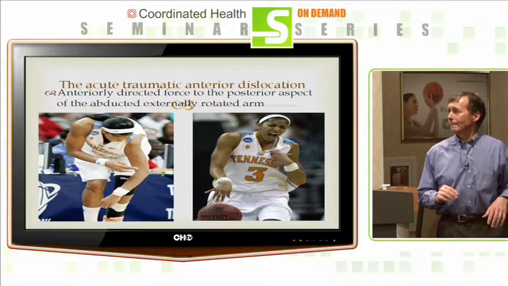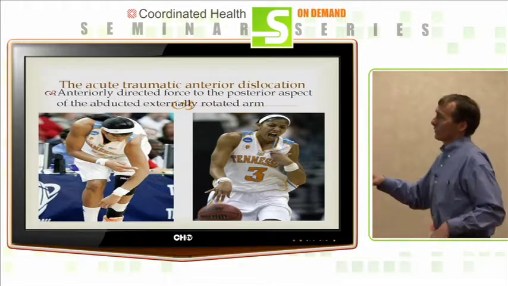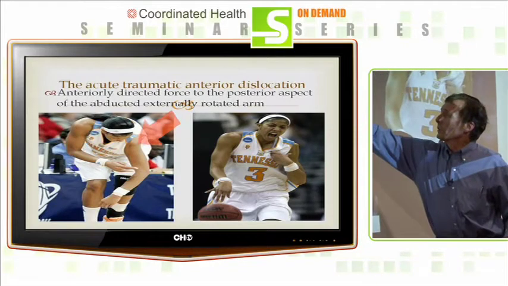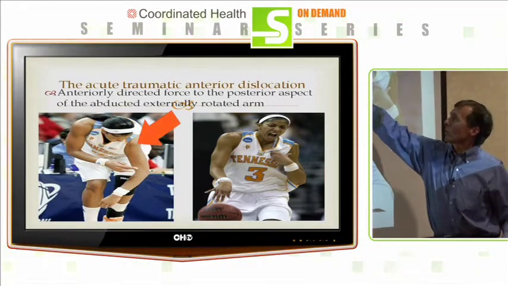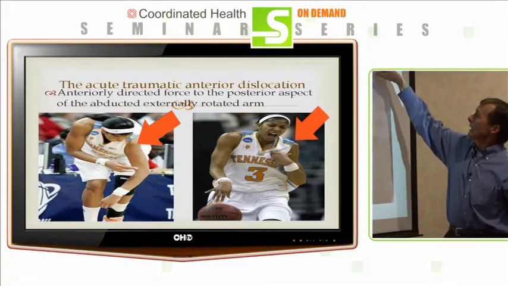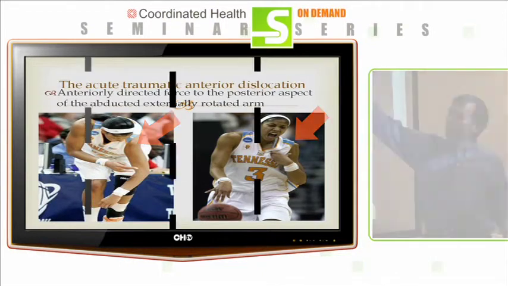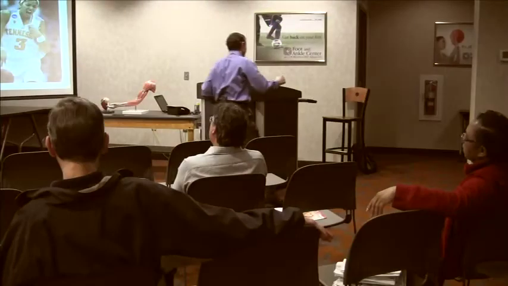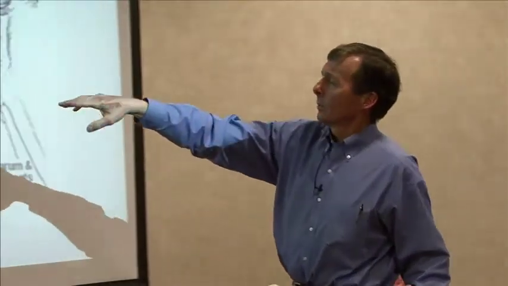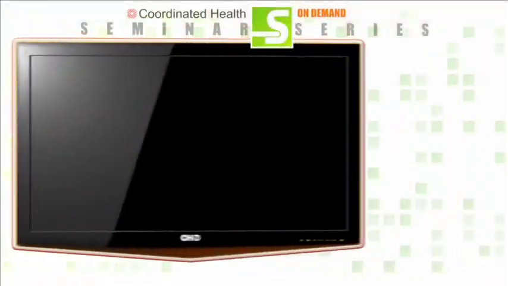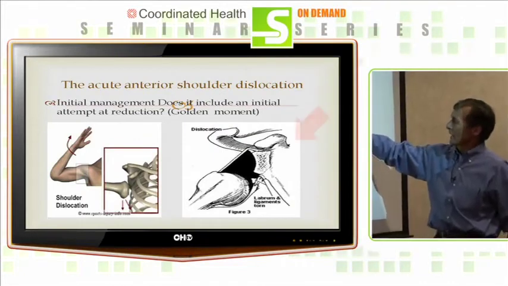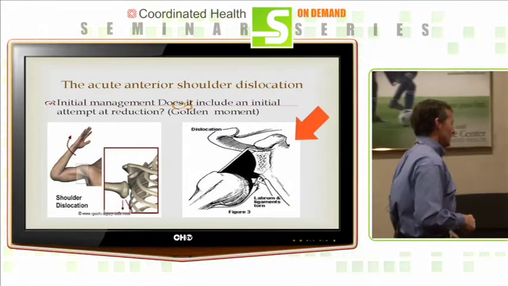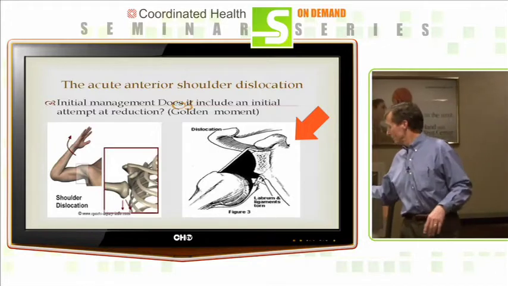And that's a good picture. This is a good shot because you can see her shoulder is dislocated anteriorly. The ball is in the front. This is the normal shoulder, normal contour. Here it's squared off. So you know that that shoulder is dislocated, clearly different. And this is a picture of what's happening. When that force occurs, as you see over here, the shoulder is slipping out the front, and these ligaments are torn. The labrum often tears with it. That's the labrum we talked about in the normal anatomy section.